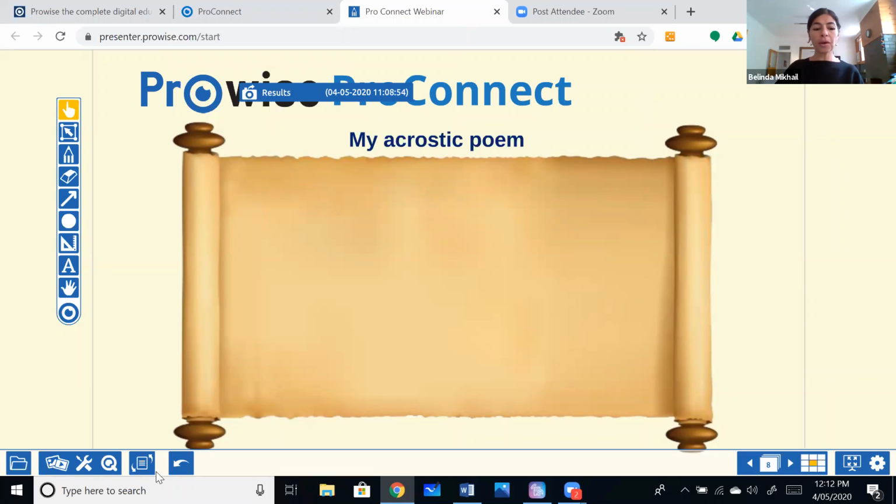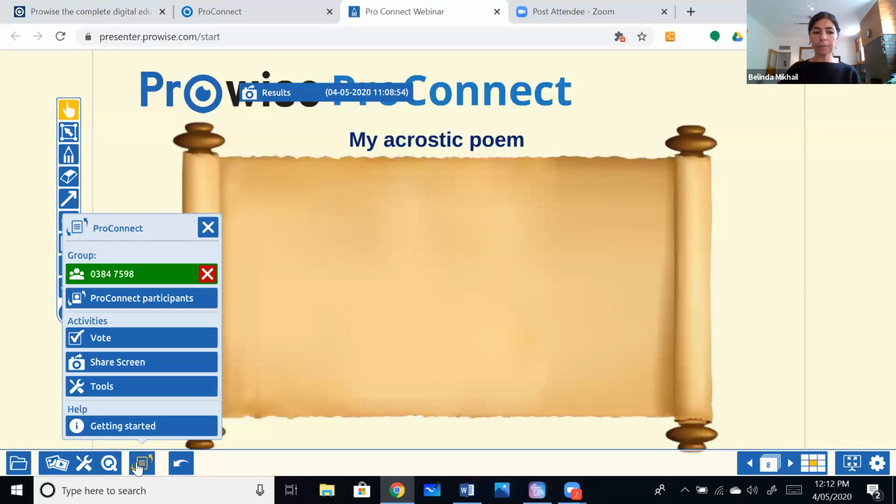And I'm going to go over to ProConnect, which is just over here. So if everyone can just have a look at this scrolling symbol that I'm touching at the bottom. It's like a piece of paper with lines and an arrow at the top and an arrow at the bottom. And that will show you the ProConnect symbol. Now I've got my work ready. I'm going to push it out to you as my students. I'm going to click on ProConnect